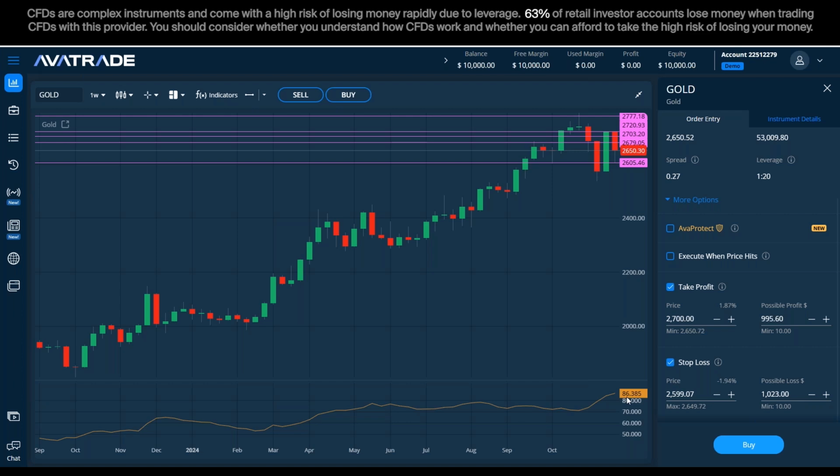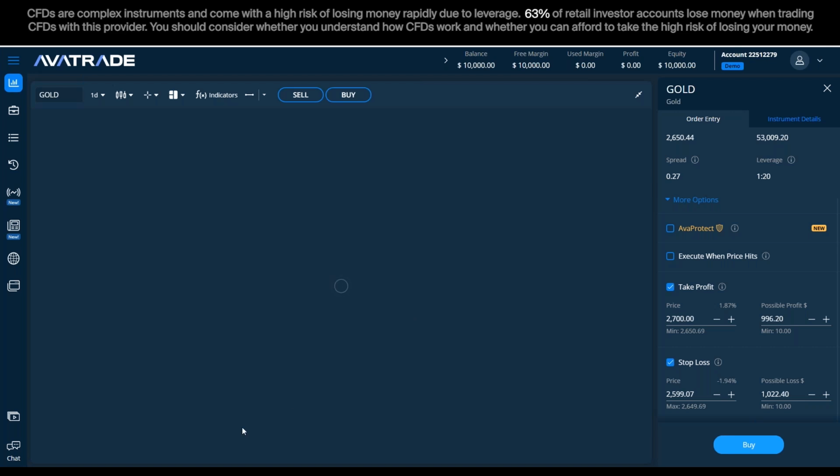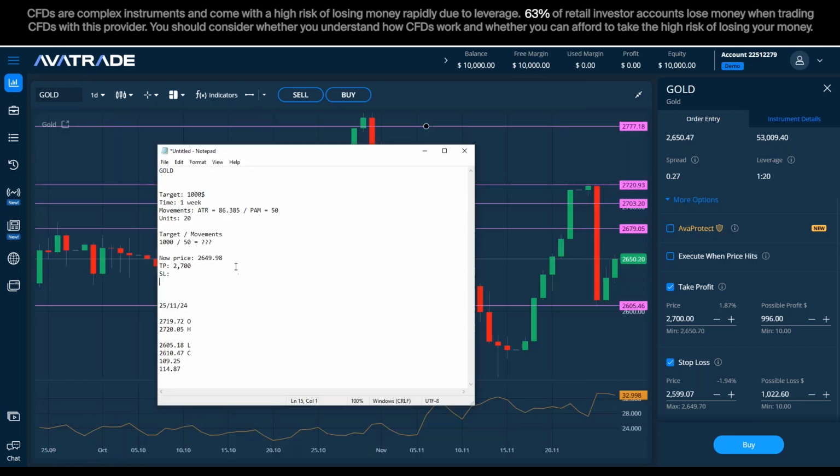And this average true range, as it's called, is an average of the true range. It's not a guaranteed number that gold must move. Of course, as we saw, it can move more than that. Two days ago, it moved 114, but it can definitely move less. Okay? So click here, back to days.